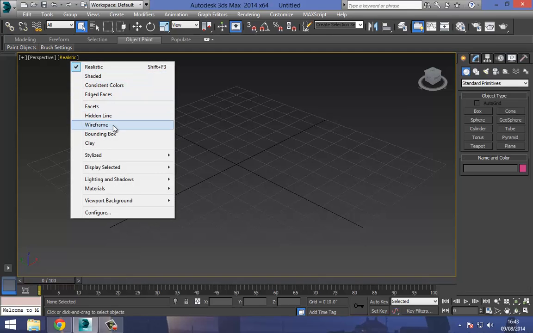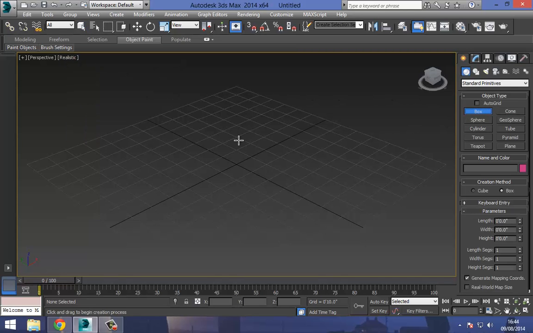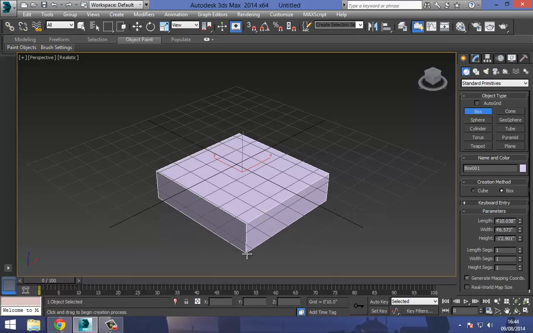Next one is this one that says realistic, and if we click on this, all it's going to allow us to do is to change the different shading modes. So we can have a standard shading mode, a constant, faceted, hidden lines, wireframes, and so on and so forth. So just to give you an idea of what this is actually doing here, if I create just a simple box,